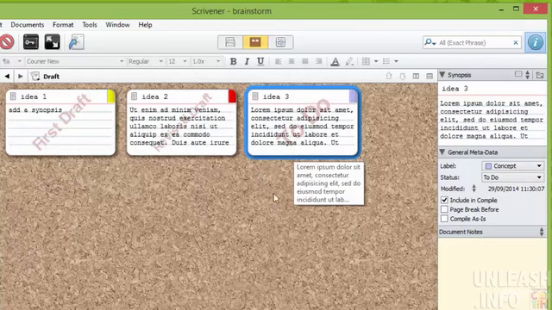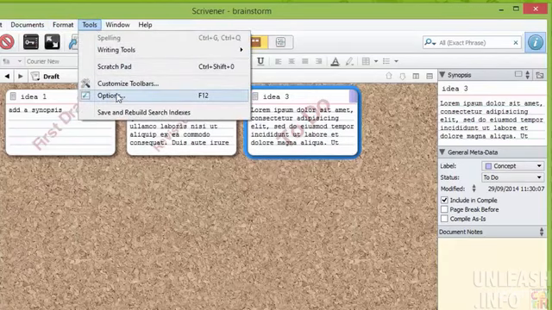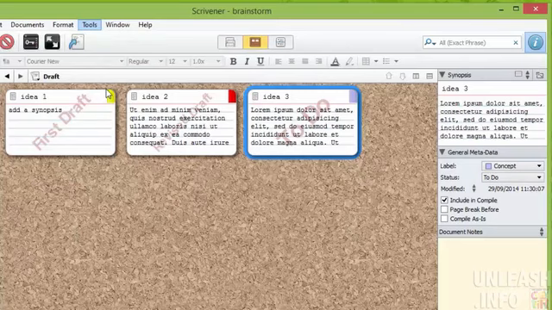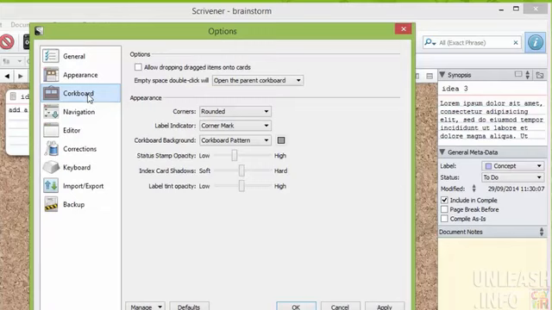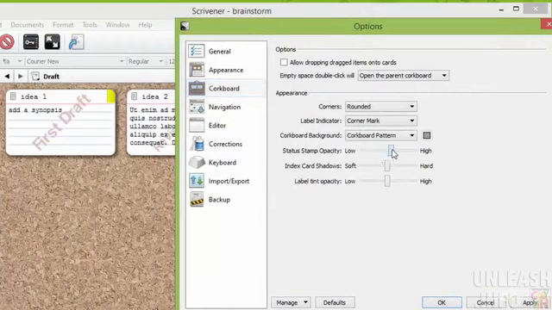within your overall project. You can also go up here to Tools, okay, and we're going to go to Options. And so let's open our options up, and you can go to Corkboard, okay, and down here you can change the opacity, okay, the status stamp opacity, by just moving this indicator here. There are a number of other things that you can change as well: the label tint opacity, the